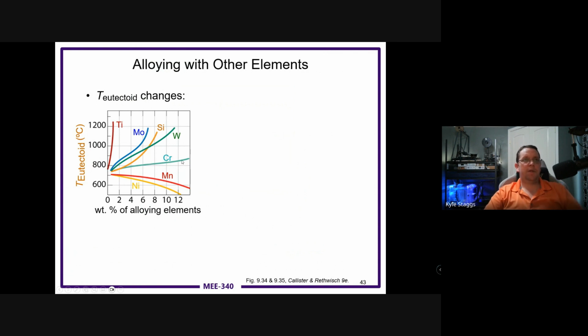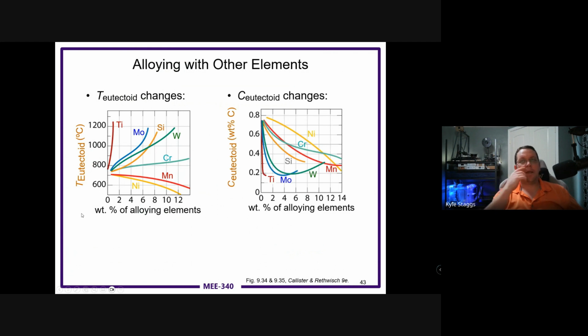So chrome isn't as aggressive as some of these other ones, but it has really high corrosion resistance, and so that's part of the reason why we use it in the alloys. Tungsten steels tend to be really, really tough stuff. And so depending on what we're trying to do with the steel, these other alloying elements can really, really help. So in terms of the weight percent, and then the weight percent of carbon, there's kind of a range. So the weight percent of the alloying element, we're going to